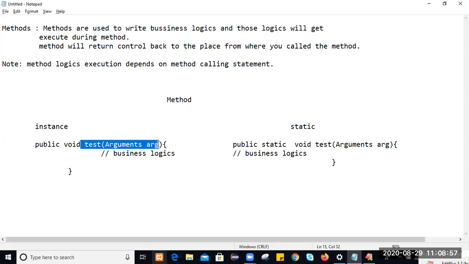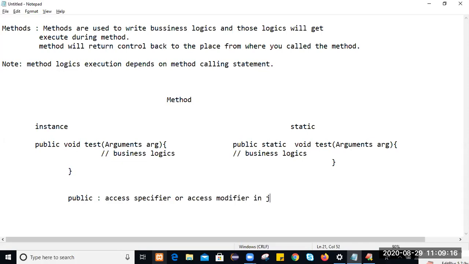When will this business logic get executed? When you call the method. So you may be thinking, what is public? Public is nothing but an access specifier, also called an access modifier in Java.